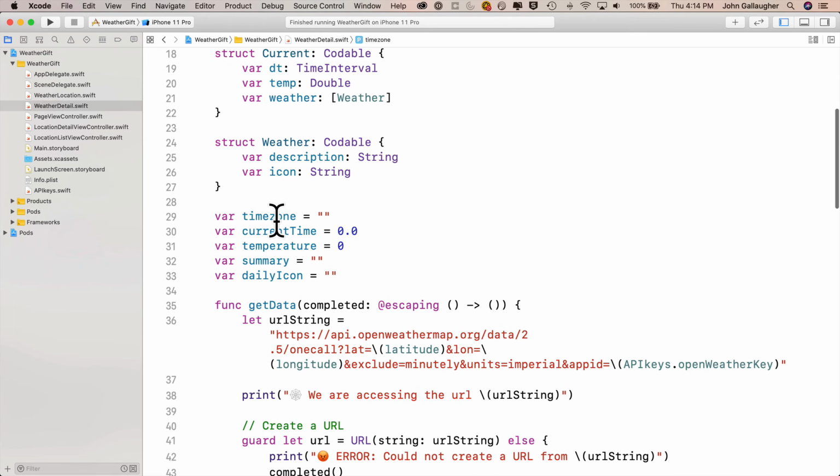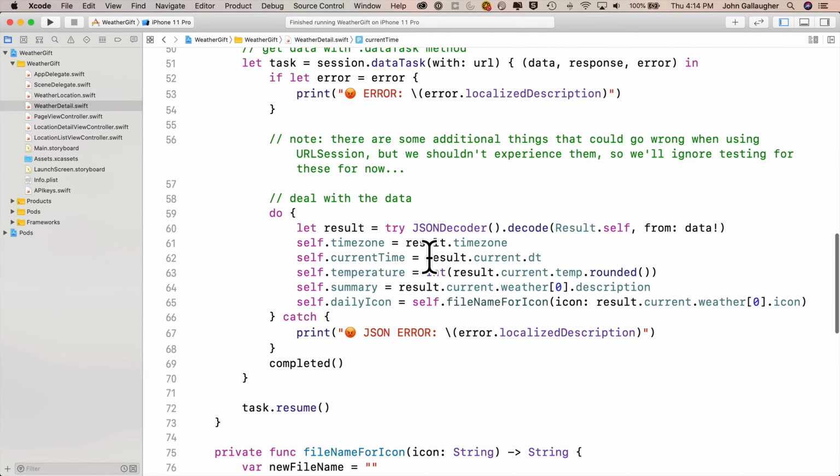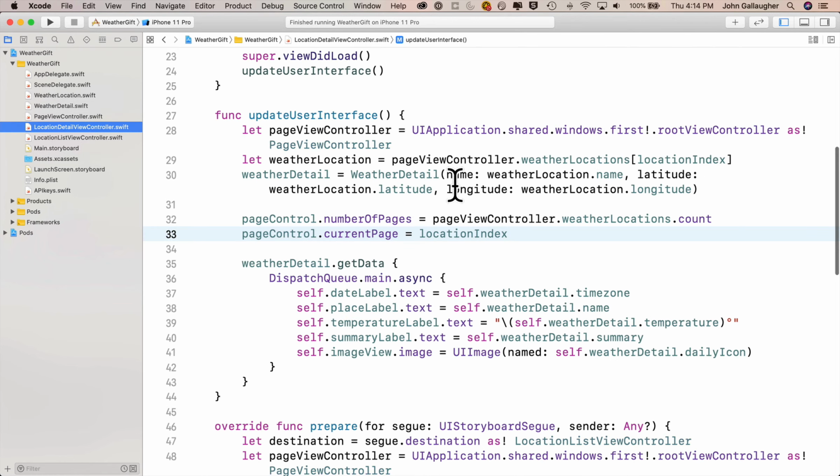We've also got the 2 class properties that are going to hold those values, so time zone and current time, those are all set up. And down here in our do catch clause, we're taking result.timezone and putting it in self.timezone and result.current.dt, and we're putting it into current time. So we're all set. So now we can head over to Location Detail View Controller, and we'll use the same